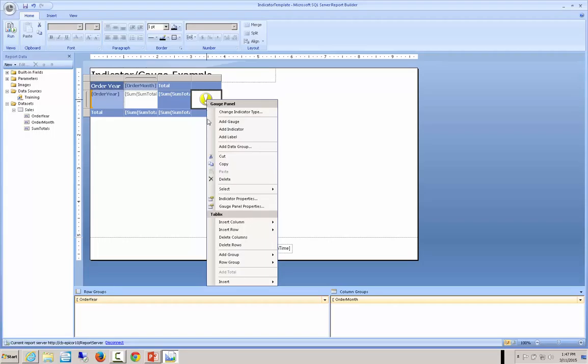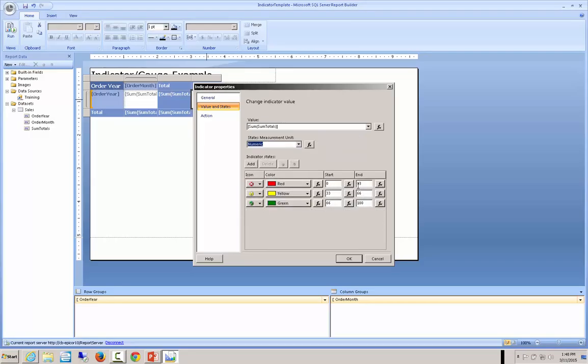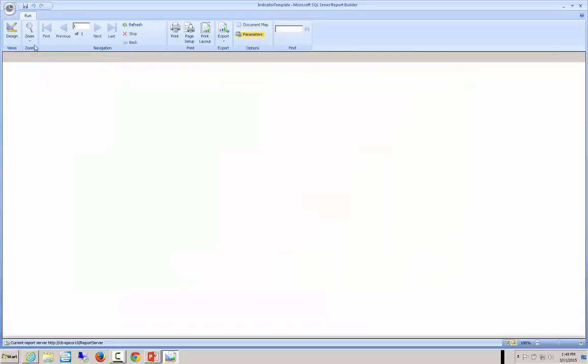And before we go on, we need to change the indicator properties. The reason why is because by default, it defaults to percentage change. The bottom 33%, the middle 33%, and then the remaining 33% show up on the top. We are going to show this as a numeric. So we want to show this up to $400,000, and then between 400,000 and up to 600,000, and then no top point. Let's hit OK, and if we run,